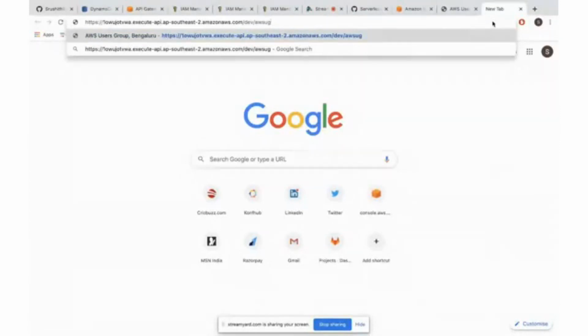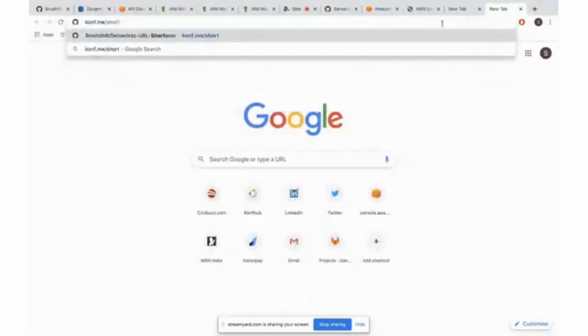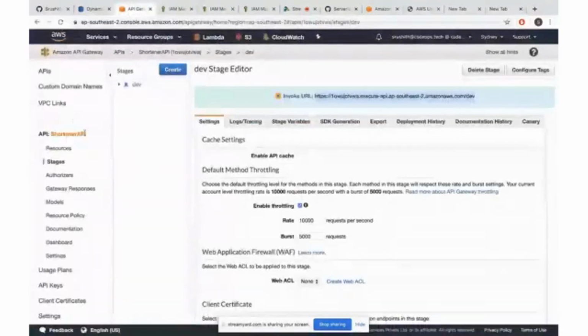How do I do this? If you guys remember, when we were starting the session, I gave you a link called conf.me/short. This is a custom domain that I own, that I have mapped to a particular API, and instead of using the domain provided by API gateway,